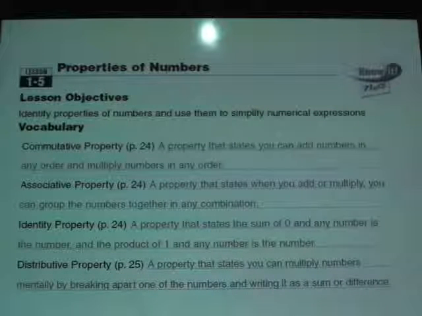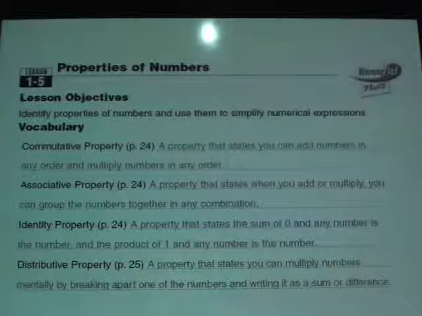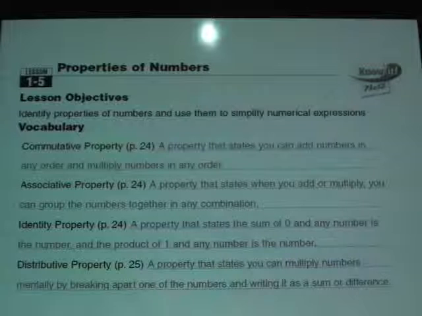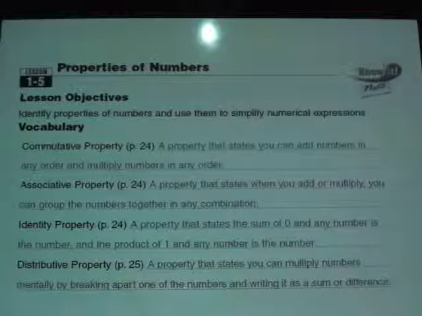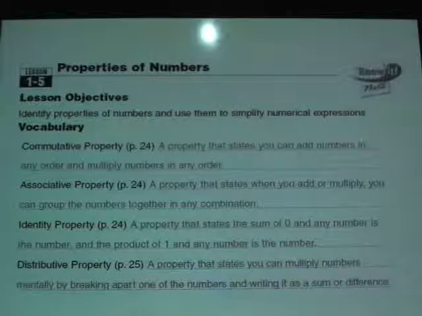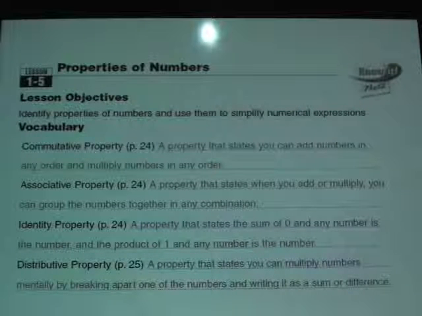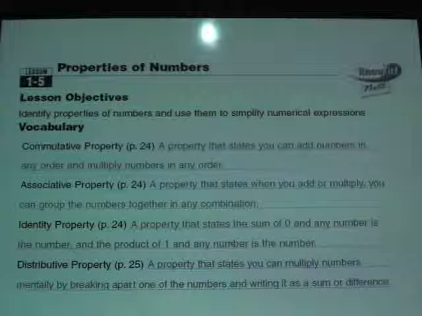That's a property that states that you can add numbers in any order and multiply numbers in any order. Now, before we go on with the explanation here, let us remember that we have previously studied subtraction and division. And we've changed subtraction into adding the opposite, and we've changed dividing into multiplying by the reciprocal. And if you're having a hard time picturing that one, think of two fractions, and I think it will come to you. So as long as you change those, the only things we have to work with then would be